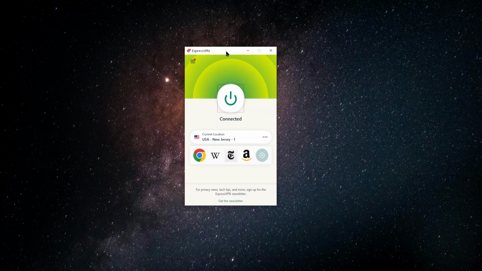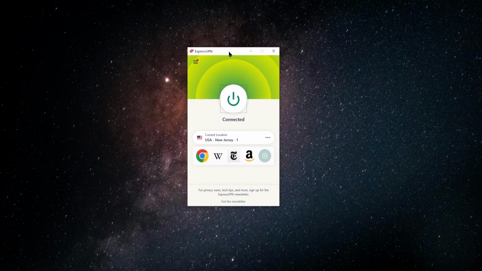And in general, after having tested quite a few VPNs out there, these are my top 3 picks and the ones that I recommend the most, because they tend to have the fastest connections and the most reliable and stable connections. So if you're going to be using a VPN with Tor, I would definitely recommend doing it with one